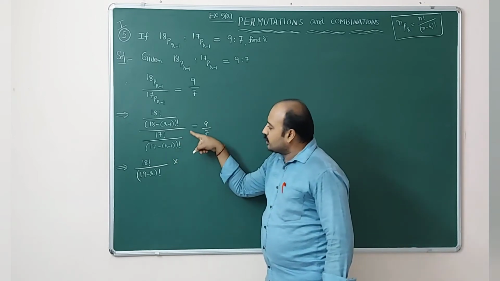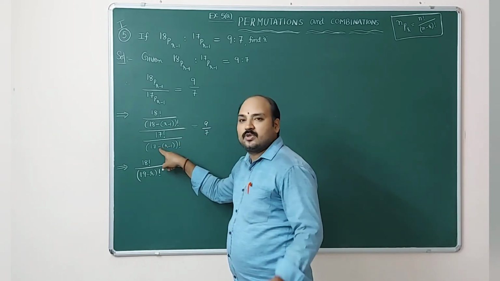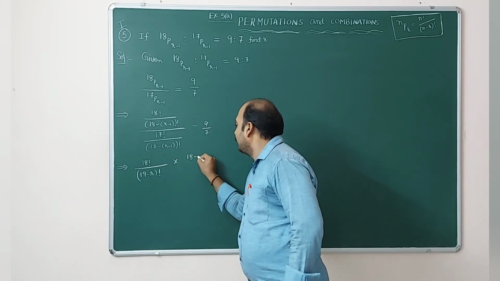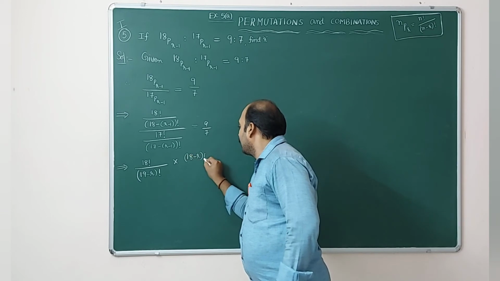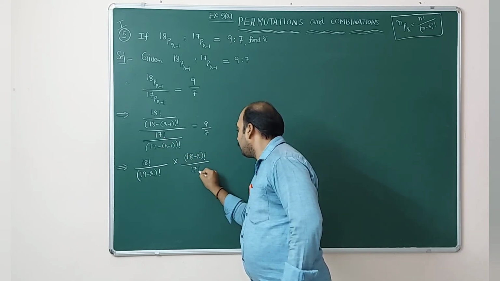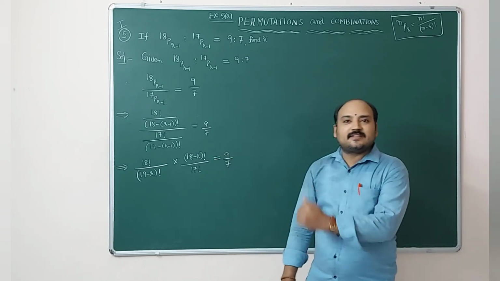Into this, I am taking the numerator and denominator. So 17 minus of minus 1, that is 17 plus 1, 18 minus r factorial, divided by 17 factorial, which is equal to 9 by 7. In the next step,